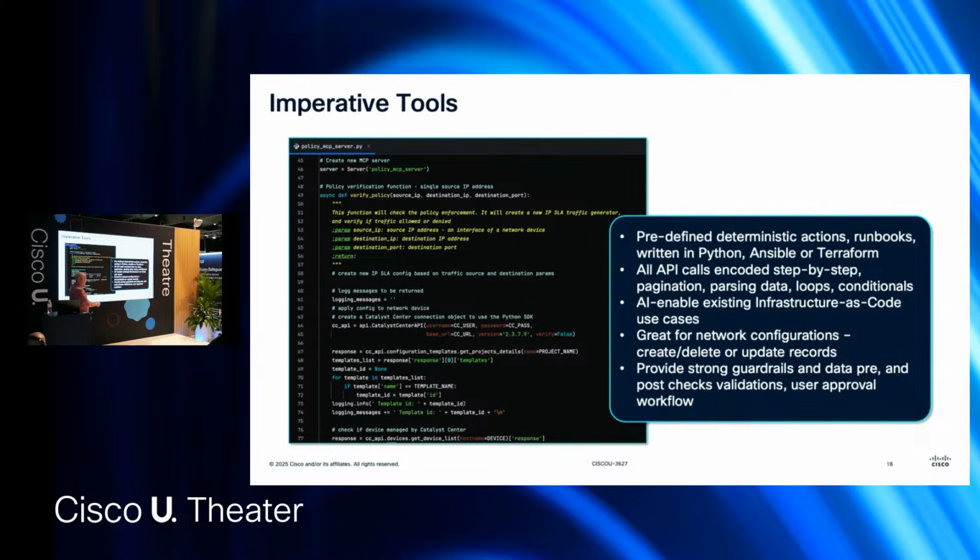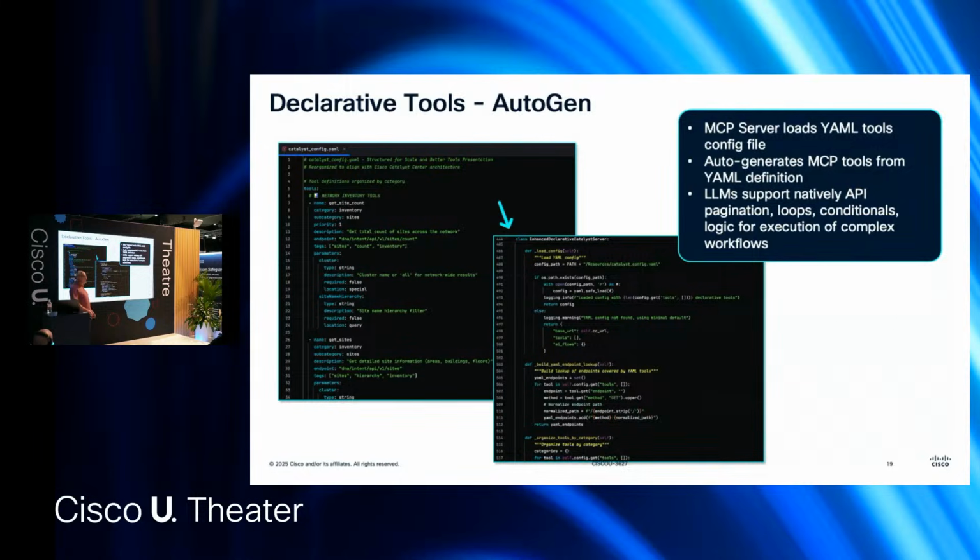In the case that we need configuration, create, update, delete records, this is actually a very good, strong option, because we know when it executes these steps, they will be exactly in that sequence. It's not the only option, but if you need to have very hard rules that these are all the steps required to, let's say, delete something in your infrastructure, this would be a good option. We can use AI code generation to create this, which makes it a little bit easier than how I did it. A lot was hands-on, API call by API call. But there are better ways to create tools, and we can see here. Do you recognize what this is?